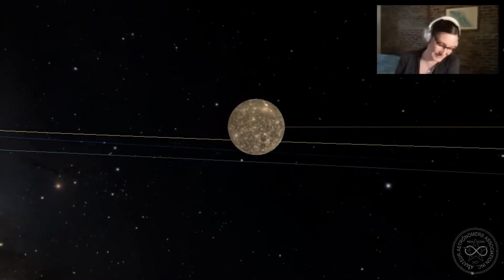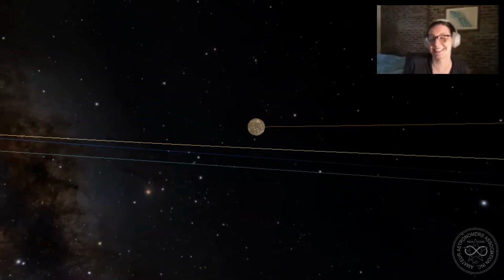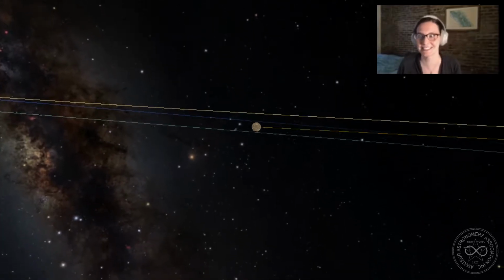Although they do think deep in those craters, you could have ice that somehow, even though Mercury is so close to the sun, survives in there. So,